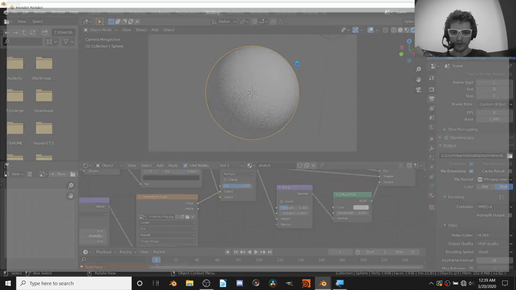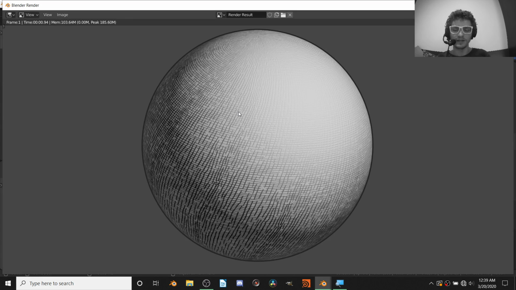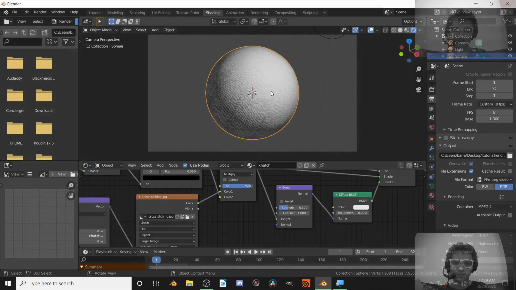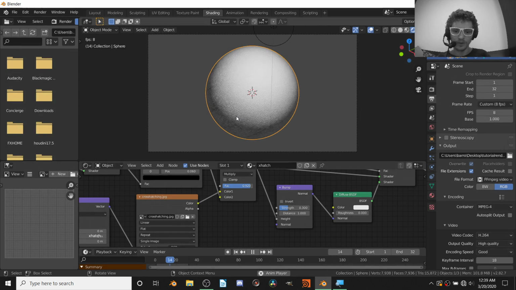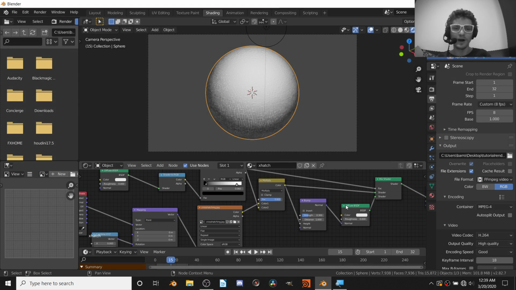And if we do a render of, let's say, this frame, you might not notice it, but it gives it much more texture and depth because all this normal mapping is going to react to the lighting, which is pretty cool. Okay, so now we have normal mapping, and I guess I should also mention,